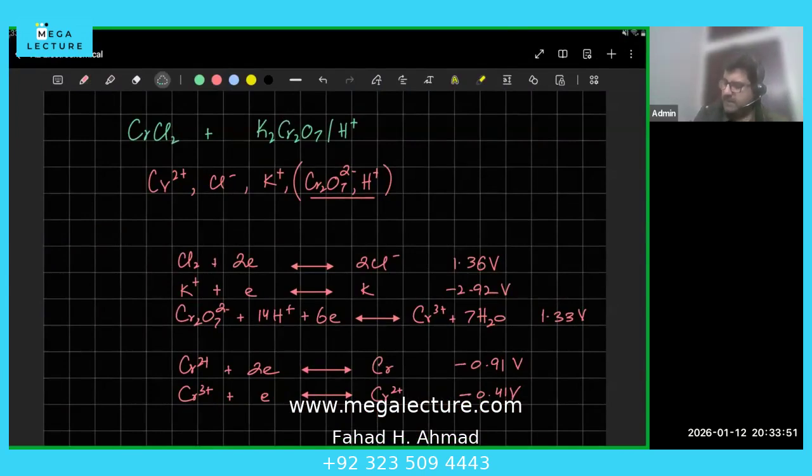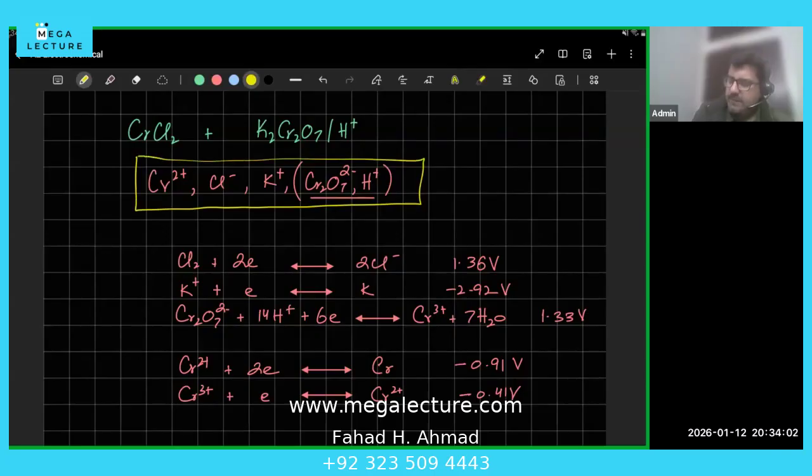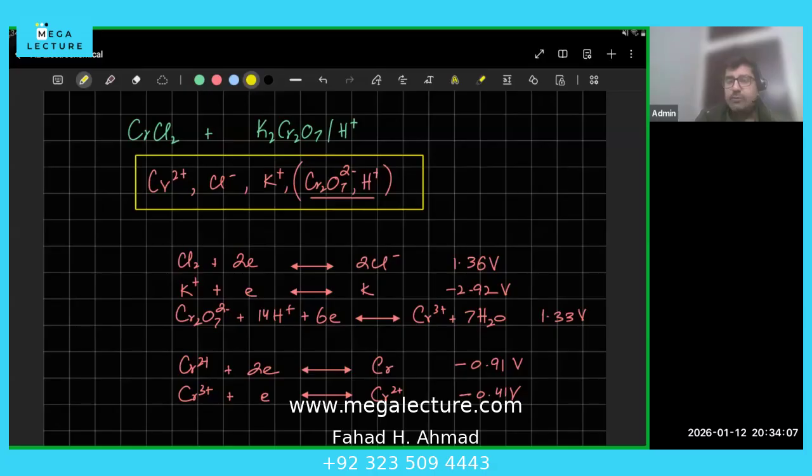So first, so now remember, these are my reactants. If something is going to happen, it has to happen to one of these. Someone out of these would gain electrons, and someone out of these would lose electrons. Starting with the first thing, I've written down all possible reactions involving them. Starting with the very first thing, who gains electrons? The highest one gains electrons. So right now, the highest one is 1.36. So this is the one that should be gaining electrons.